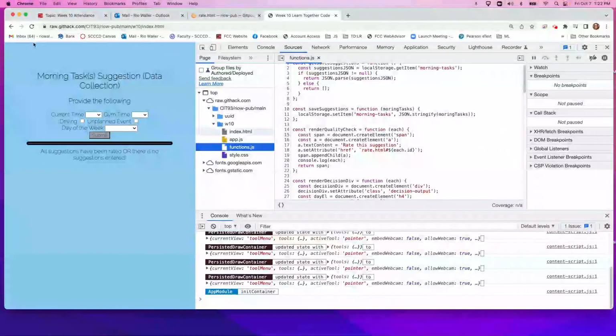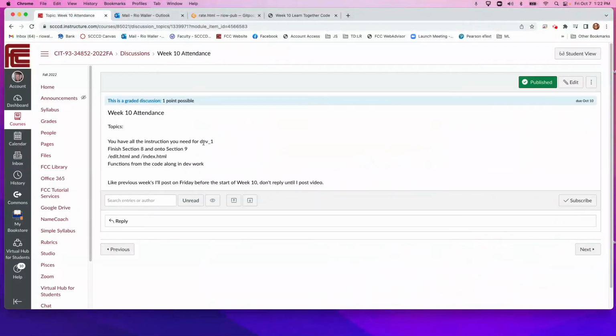The thing I just want you to walk away with this time is that you can, right now, after this week, have everything you need to work on Dev 2. I keep saying Dev 2, Dev 1. Okay, let me move over, because I put a couple of notes here, and that was my first one. So when we finish section 8, here in the Udemy